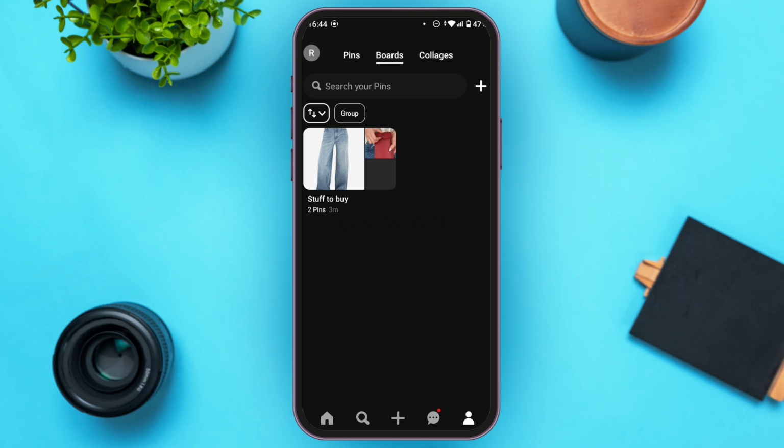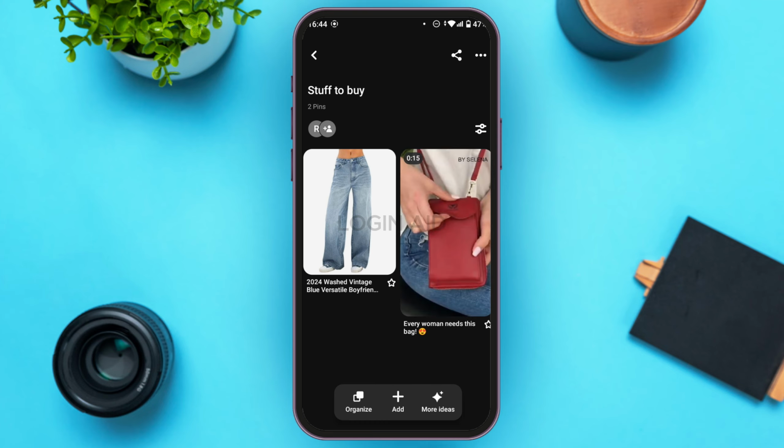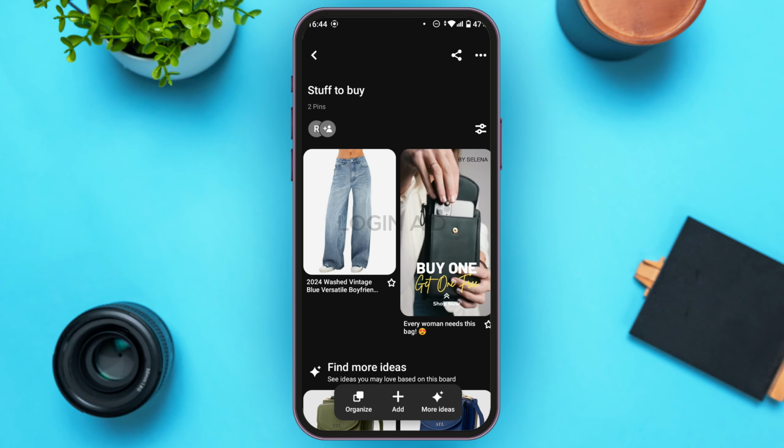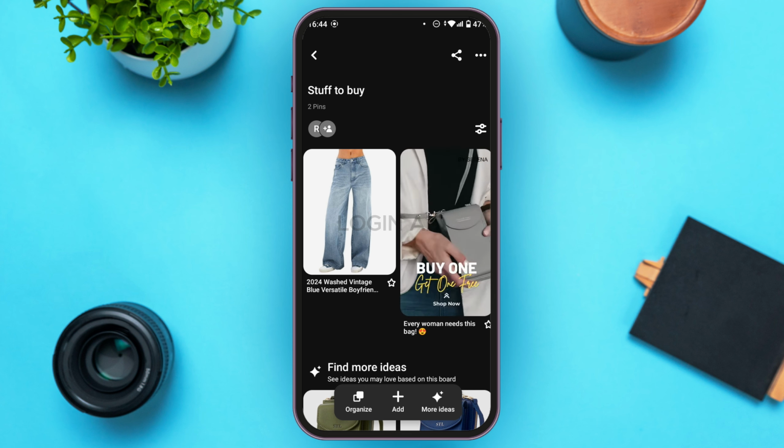Now you can see over here, your board will be restored. If you tap on it, you'll also be able to view the board over here. So that is how you recover a deleted board on